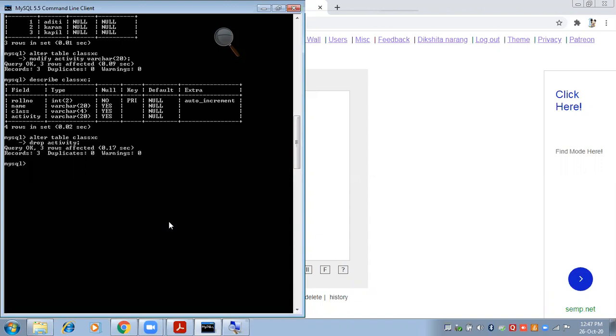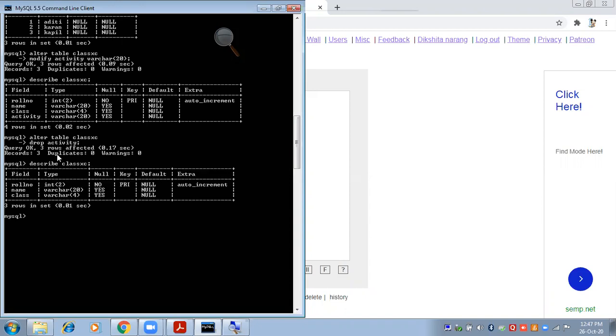Again, let us describe the structure of the table. Describe class 10c, semicolon, enter. Now again, there are only three fields in the table: roll number, name, and class.